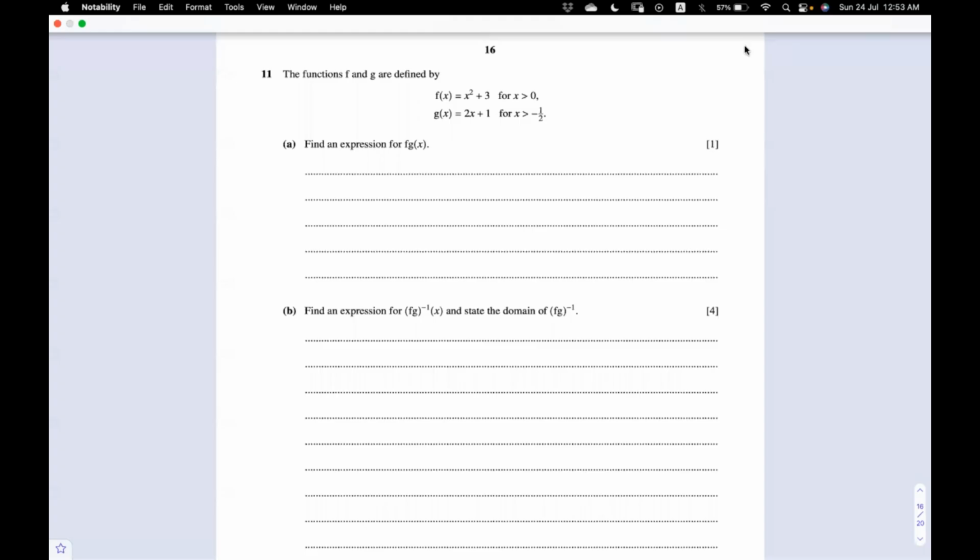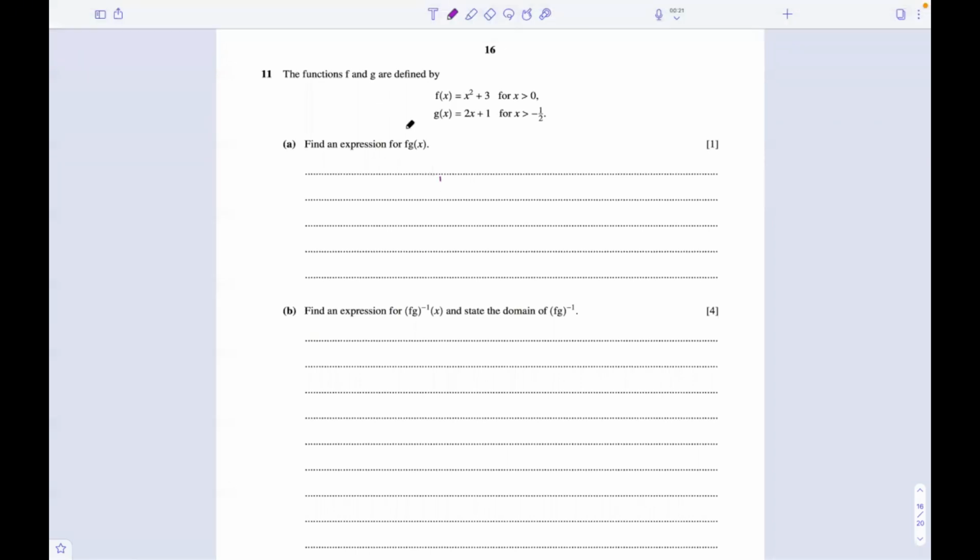In this question, we have two functions, and in the first part we have to find an expression for fg of x. To find an expression for fg of x, it means in the function f, we have to substitute the x with the function g. So fg of x will be written as x squared, so in place of x, we'll put (2x plus 1) whole squared plus 3,